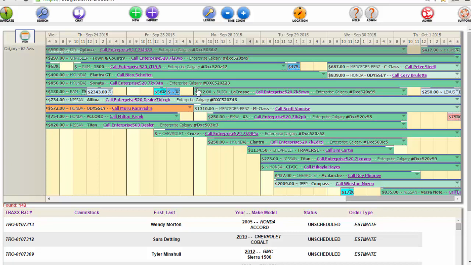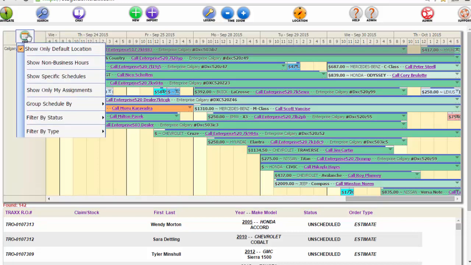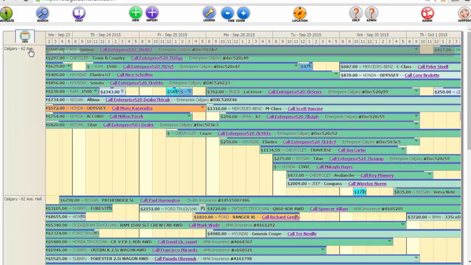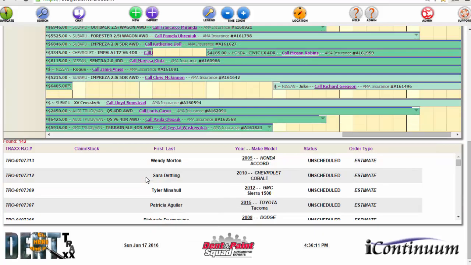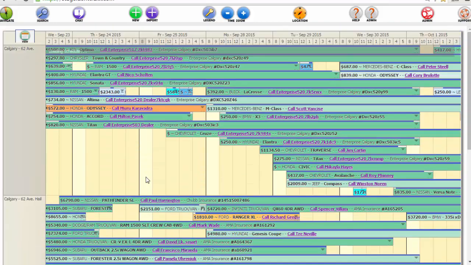So if I now go back and expand this time frame to a different one, I'm going to get rid of the show only. It's a toggle. Now my other location is showing. Now you can see why it may be important when each location is very busy to be able to look at the number of locations or strictly the default location,